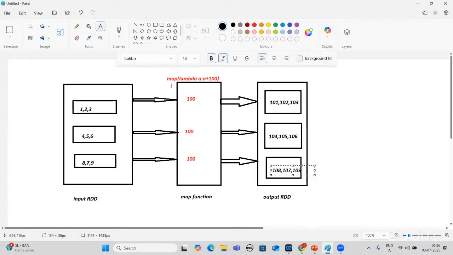So map will do the mapping to each and every value, whatever function we have given inside. We are saying A should be added with 100. A will iterate through the loop like a for loop, and it will add 100 to each and every value. Now we need to understand what a filter function is.